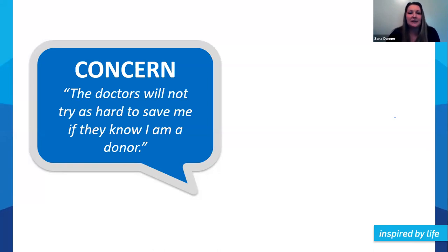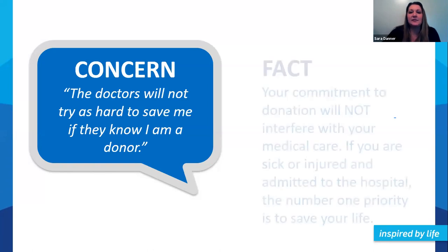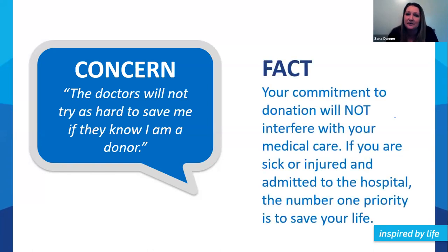This is a pretty consistent concern that I hear in St. Louis where I'm at. I'm sure it's probably all over the country. But we just want you to understand that this is not the case. So the fact of the matter is that your commitment to donation is not going to interfere with your medical care. So if you're in an accident or something happens and you go to the emergency room or you're admitted to the